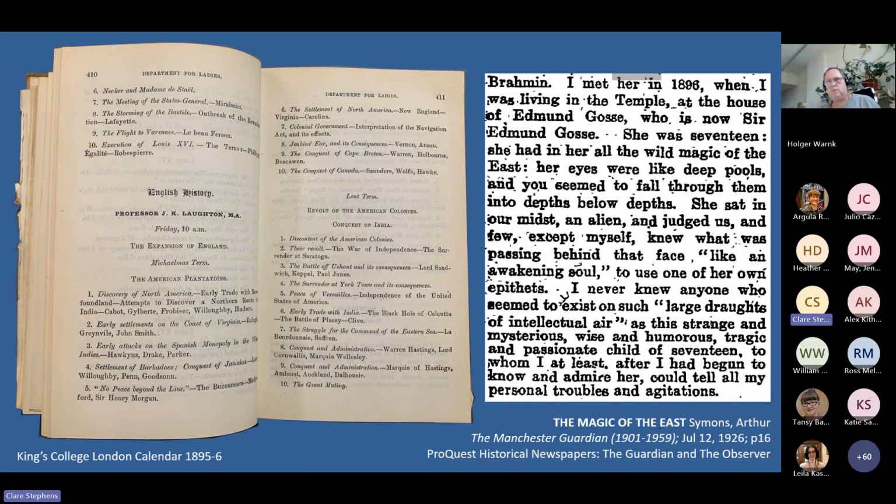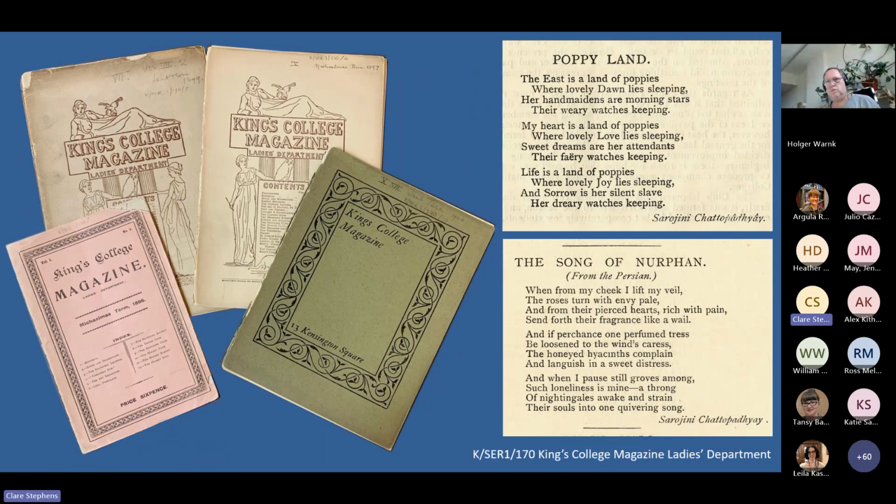And this is when she becomes politically aware and also imbued with the influences of the significant poets that she's working with. So we're really lucky because some of her work was published in the King's College magazine for the ladies department. So we have 3 examples of her poems, which are here if you want to look through them. Obviously, you're very welcome to come in to look at the magazines and read them yourselves.